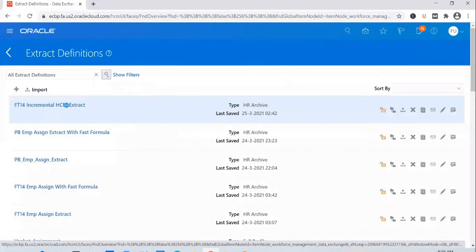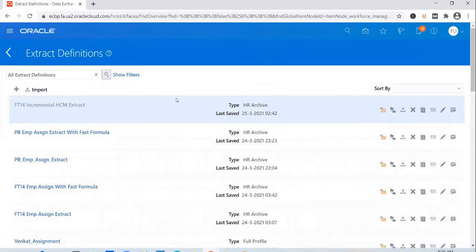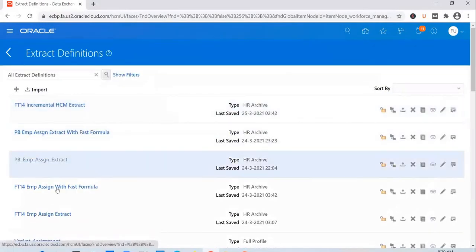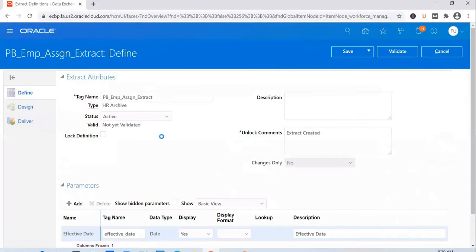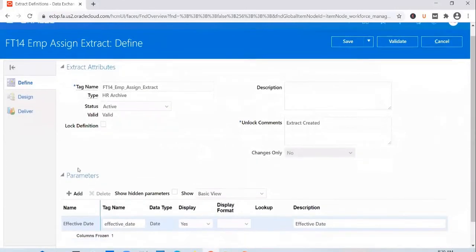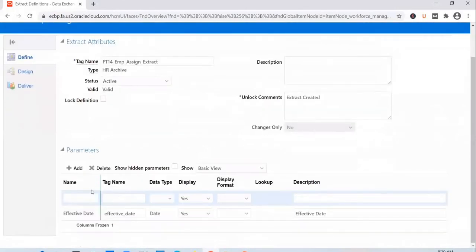Let's go back. Let's leave it like this. Let's pick up the other one. So if you want to add a parameter, you can add it this way. You can add in whatever parameter you want.